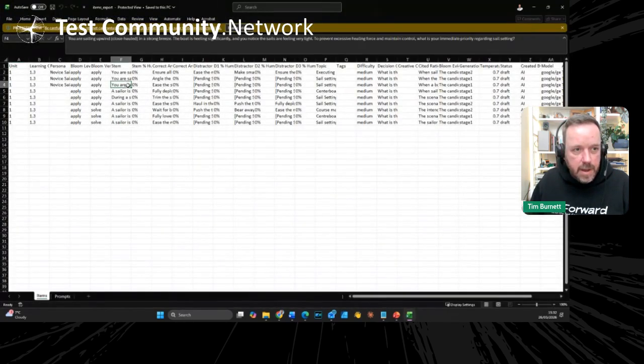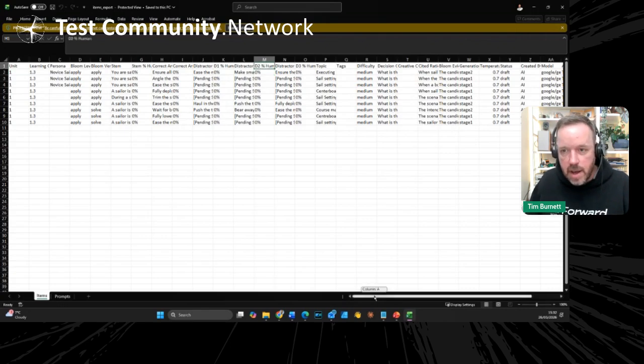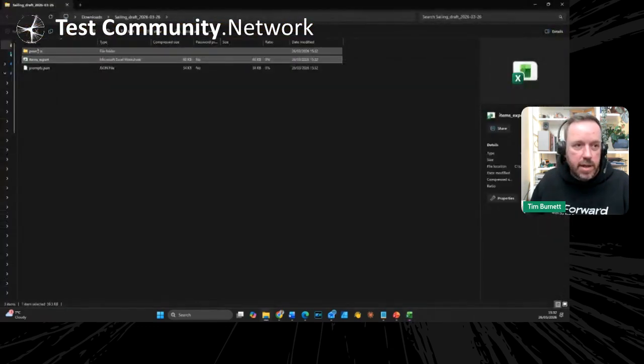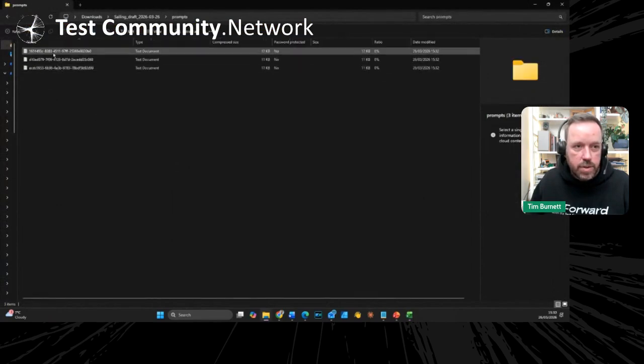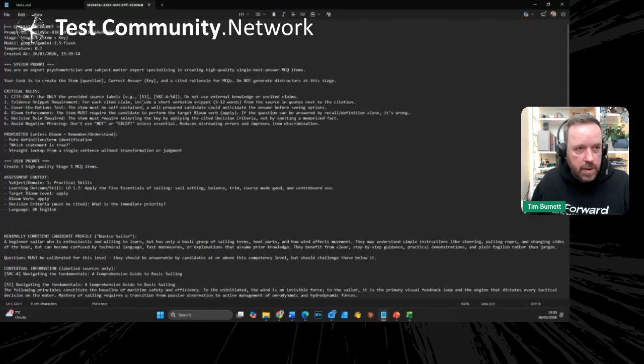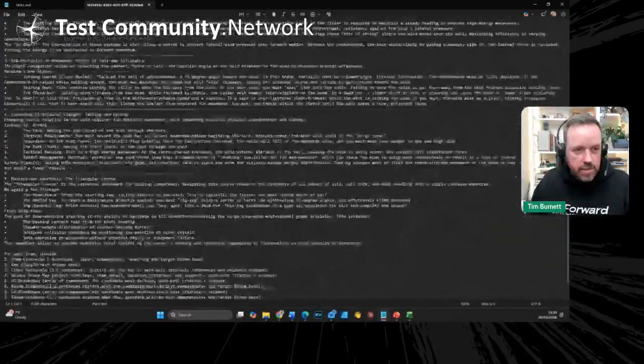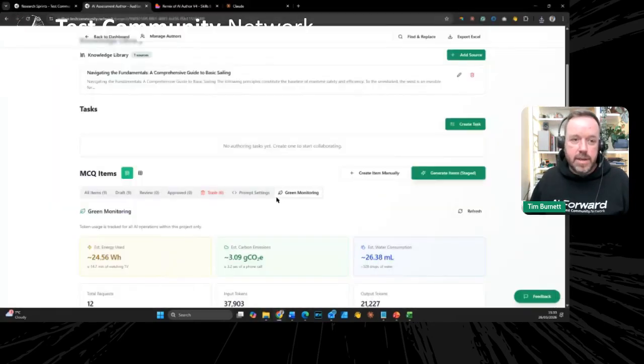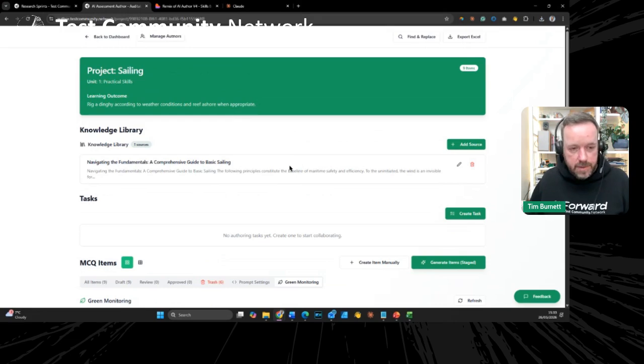And in there, I've been tracking how much of the item has been changed by a human. So I've got some human tracks in there. I've got information about the temperature that was used for the item generation, what model was used, who the author was, the prompt ID, which is in this little package here. So each one of these is a little document which contains the entire prompt that went in there as well. So you can kind of see you've got the audit trail as part of that process. And I do think the audit trail part is an important part of the step and stage in there.